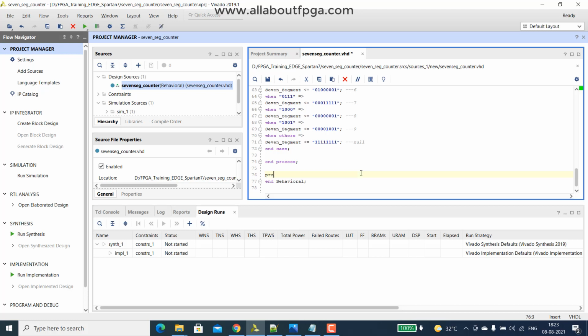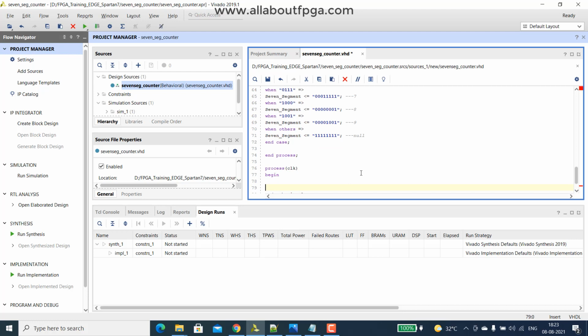We have to create another process with the clock input. Begin. Then we write: if rising edge of clock, then we perform the operation. The clock edge can be detected using rising edge or falling edge.